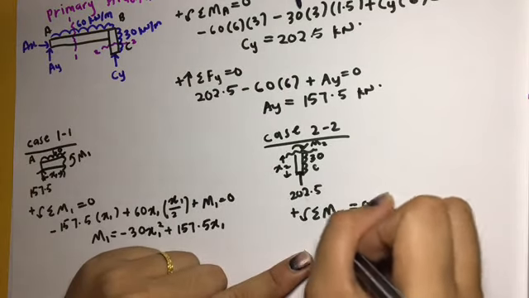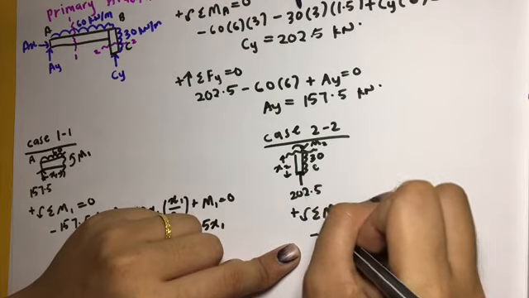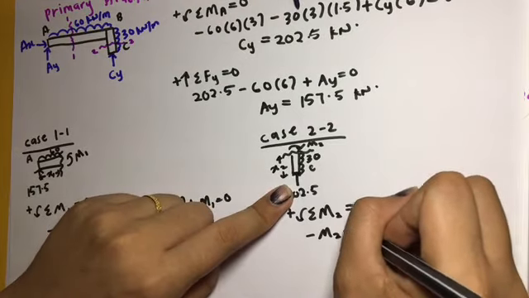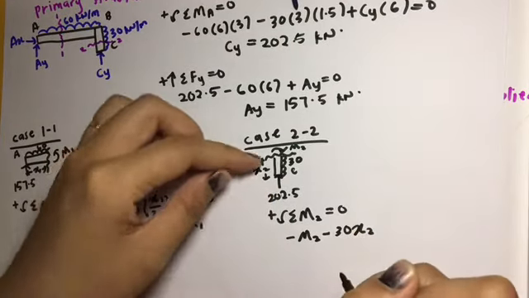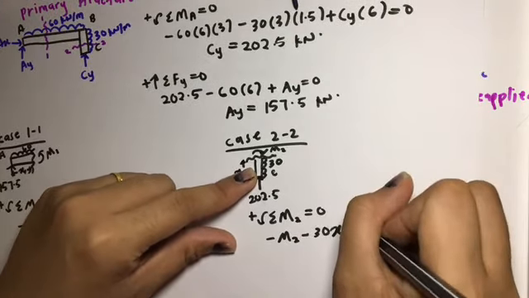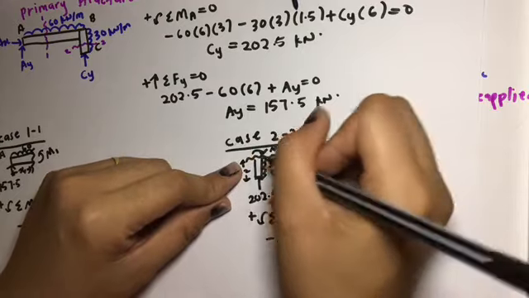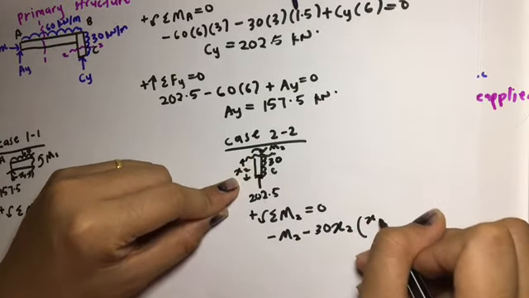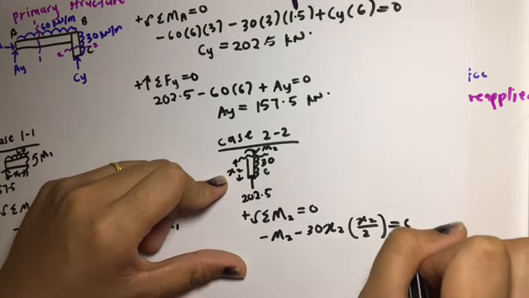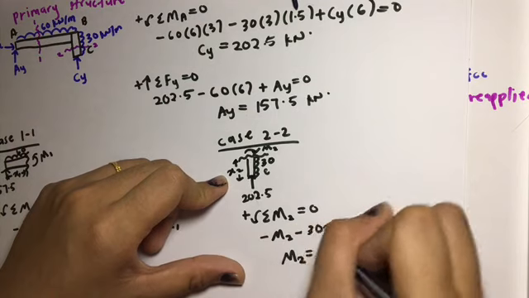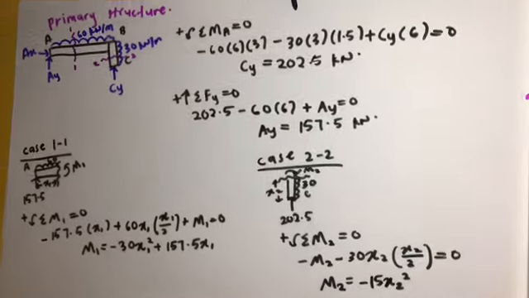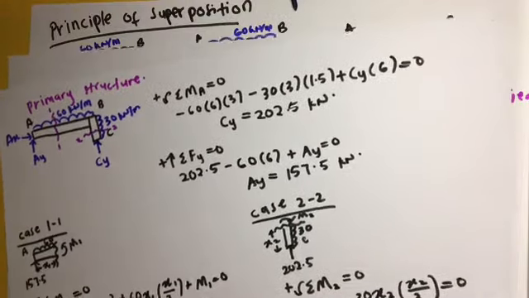Okay, so we got this is clockwise, so it's negative, and then this clockwise also, so it's negative 30 x2, and we make it a concentrated force, and then we times by the distance from here to here. So this is x, and then we find half of it. So solving in terms of m2, we got negative 15 x2 square. Okay, so next